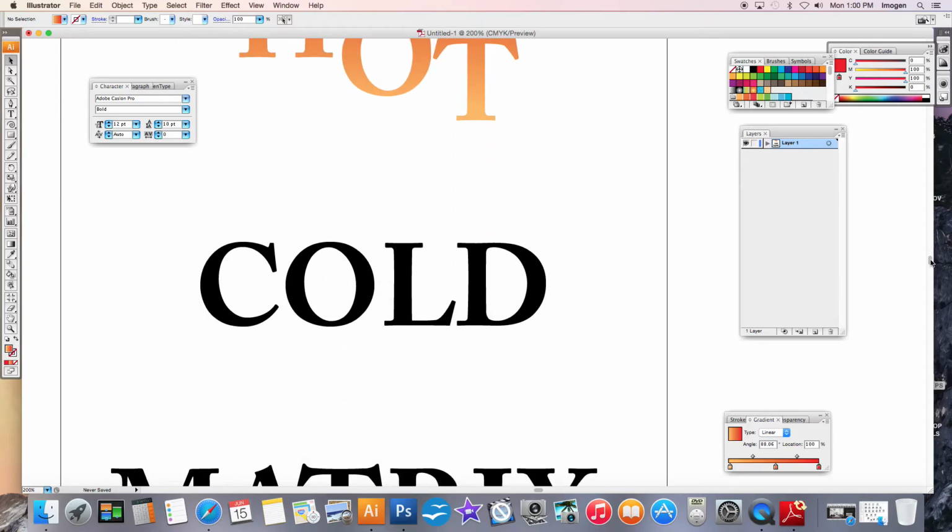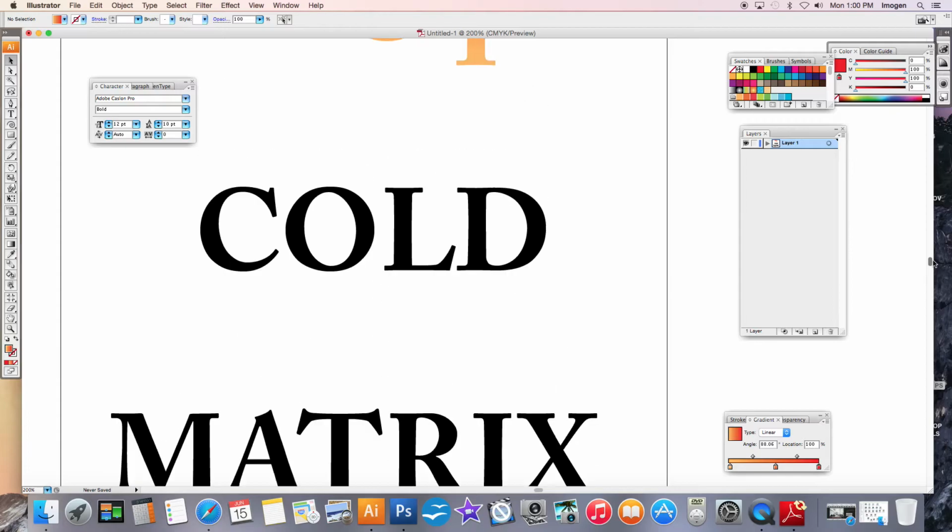Okay, same thing with cold, basically. I could add in points, subtract points. I can make it a blue gradient and make it actually look cold. The other thing that I wanted to show you